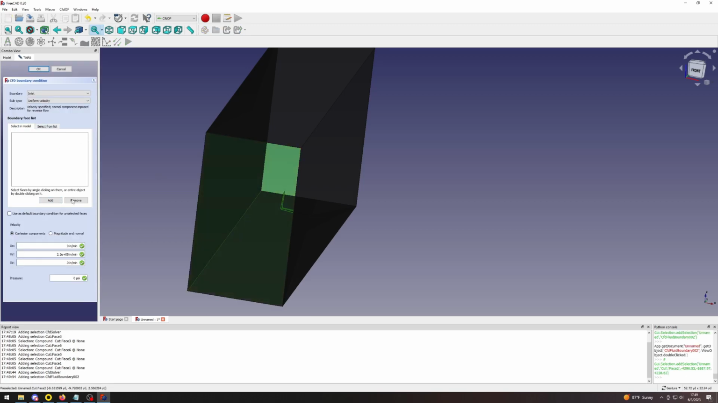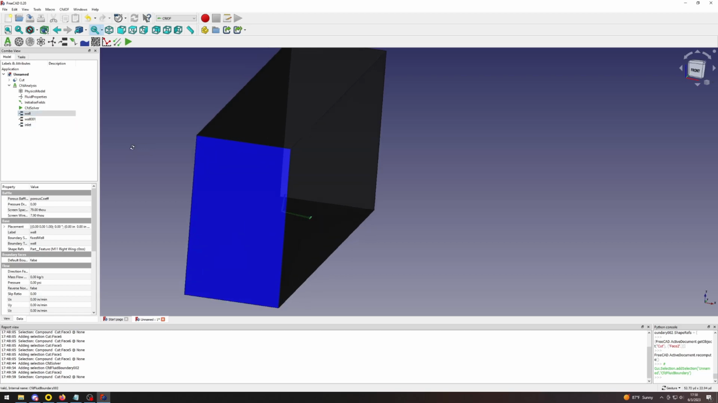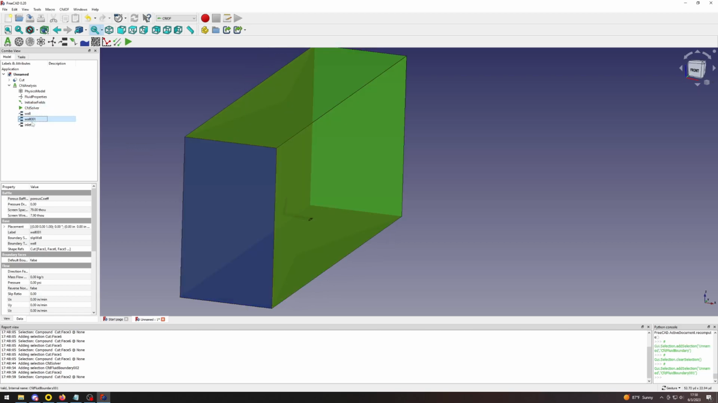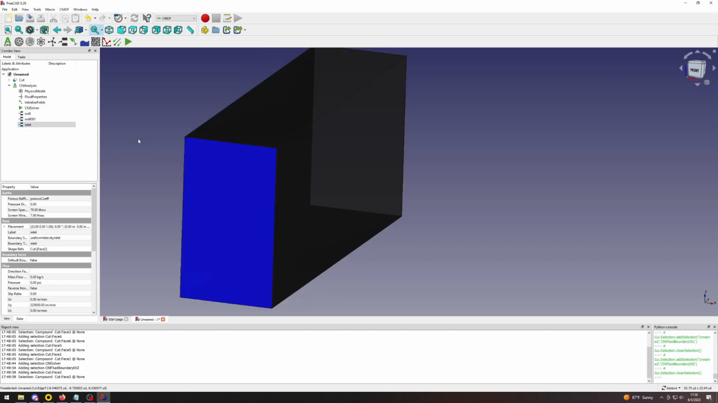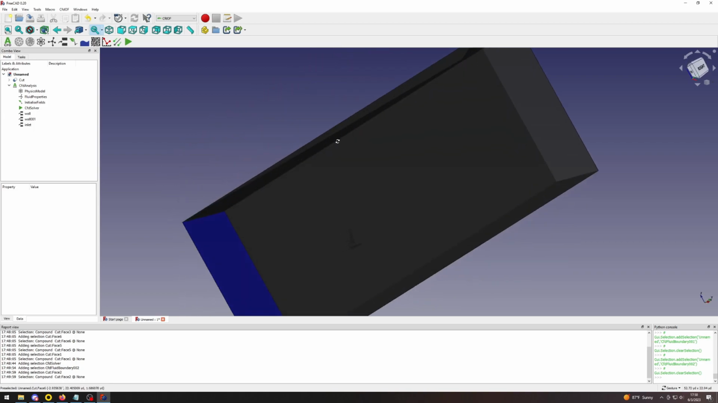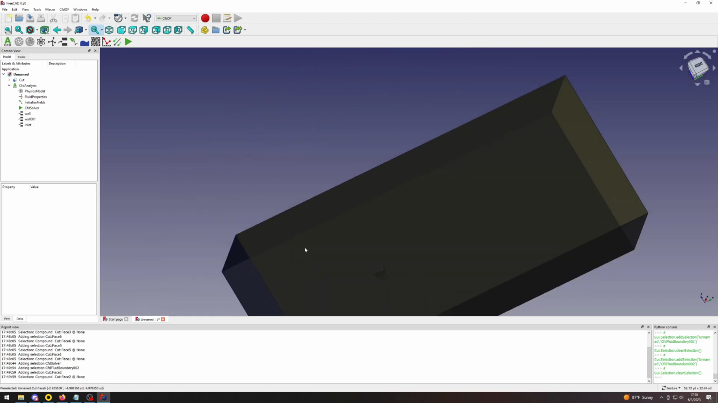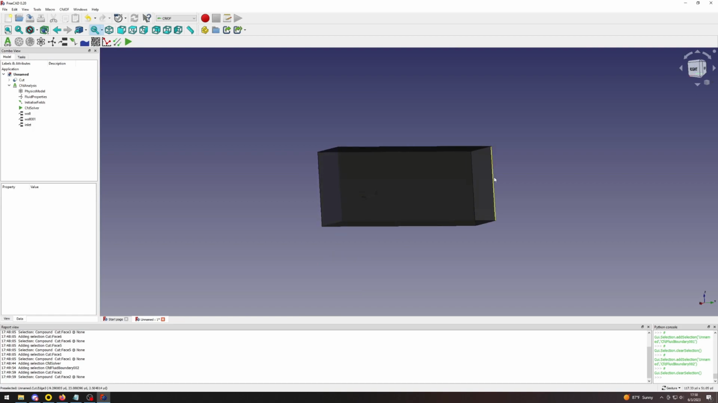Nope, it didn't work. So click it, and I must have forgotten to hit add. There we go. So it's good to click on these and make sure that it added them properly. So we have our external walls, we have our inlet. Yes, that's looking good. Now our last face that we haven't done anything to is back here at the back